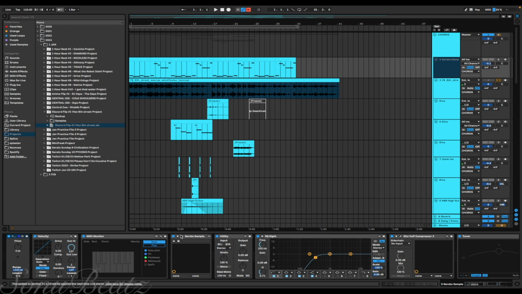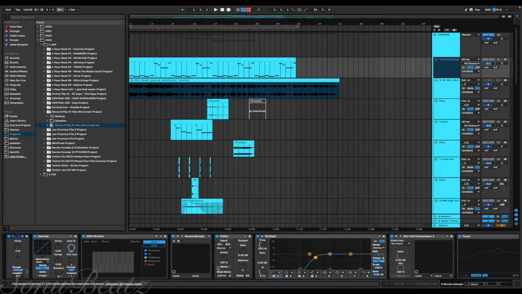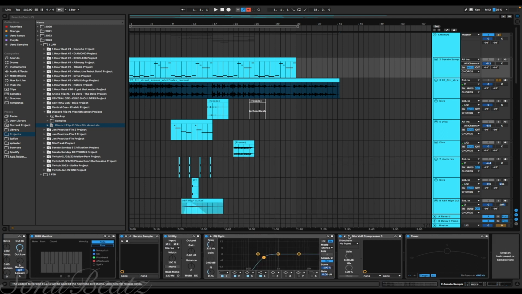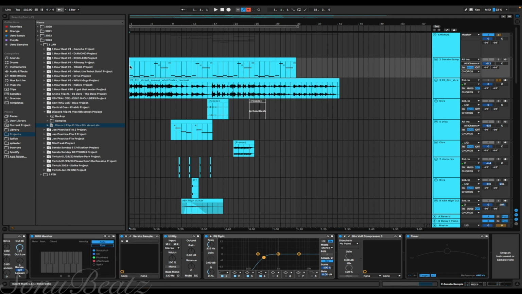So the first thing I did was throw it in Serato Sample, and then I'm pretty sure I chopped it first and then pitched it down. Or I chopped one section, couldn't find anything, and then I pitched it down. Ended up finding something that worked. So I pitched it down, EQ'd it, and compressed it. I used a Wolf compressor. It has a little bit of wow, a little bit of lo-fi. And this is what the chops sound like.